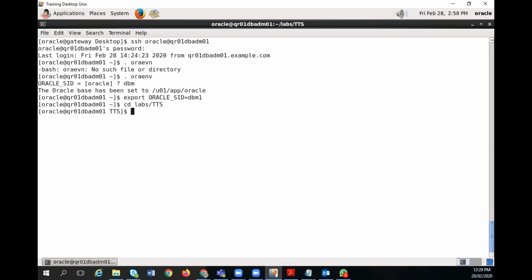So in the lab, you can see you have a TTS where your dump is kept already. Got it? So there is one data file, DBF, which is a data file sourced from my Oracle database running on an AIX machine. Because we don't take the export, we don't take the backup over there, to save time, it is already kept there.